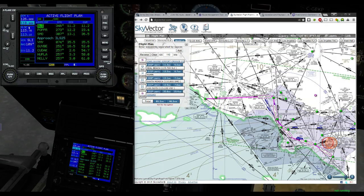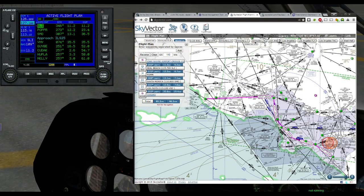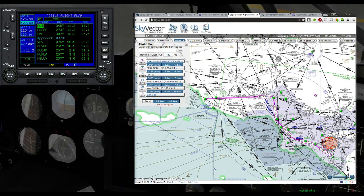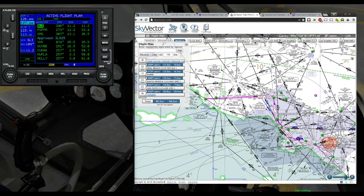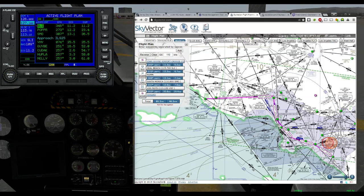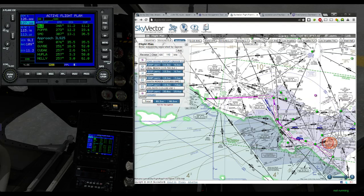Three-one. Got tower already. Tower is up 126.8, and we need 127.2 to make our lives easy. And how are we doing for fuel? We need some fuel. Okay, that's good to go. Initial heading is 220. Got Seal Beach already in, so...